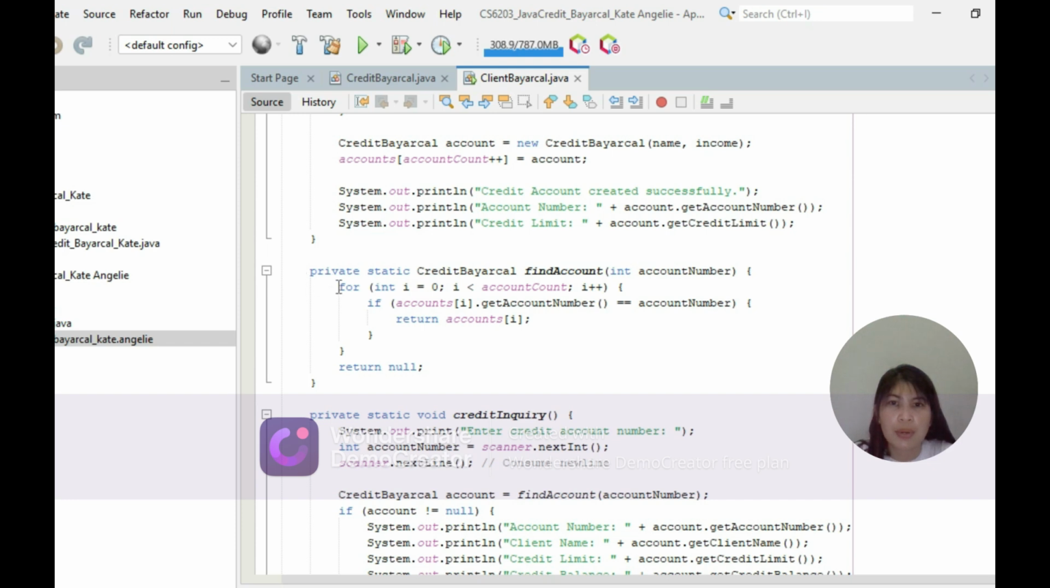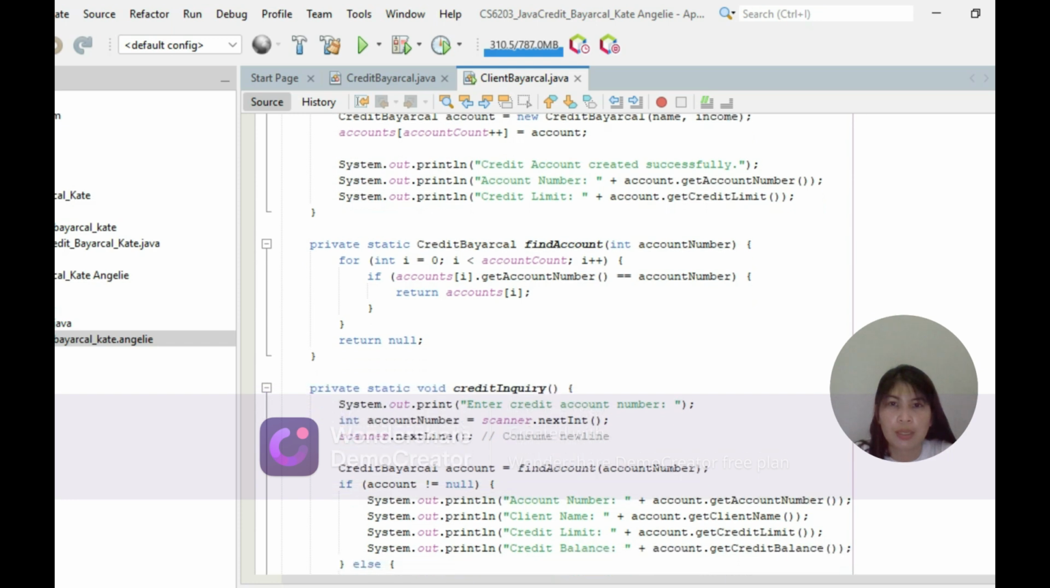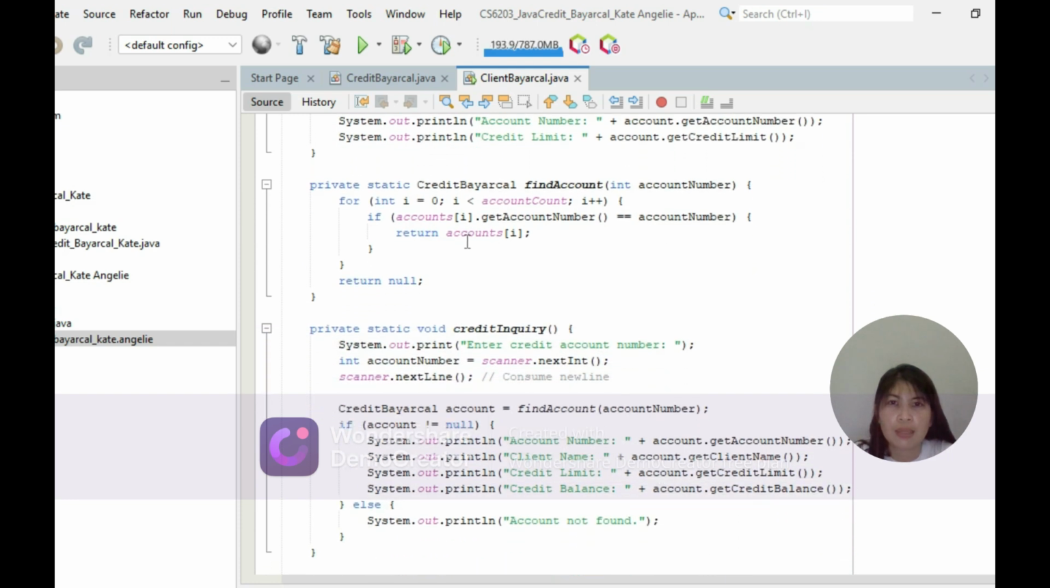So next is the private static CreditHierarchical findAccount(int accountNumber) { for (int i = 0; i < accountCount; i++) { if (accounts[i].getAccountNumber() == accountNumber) { return accounts[i]; } } return null; }